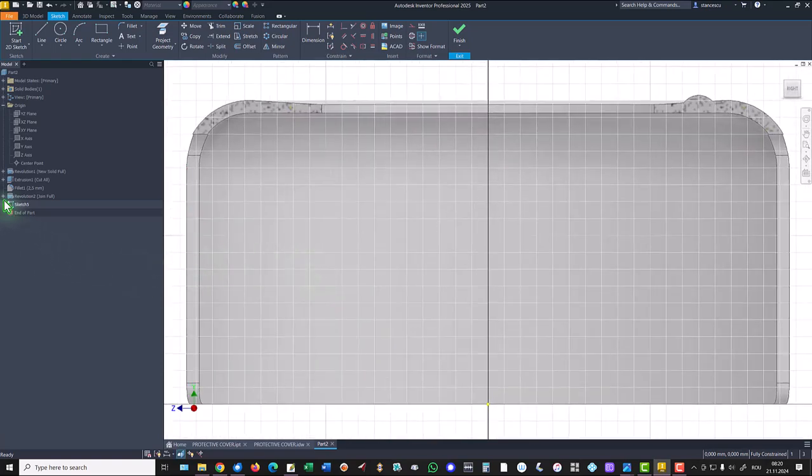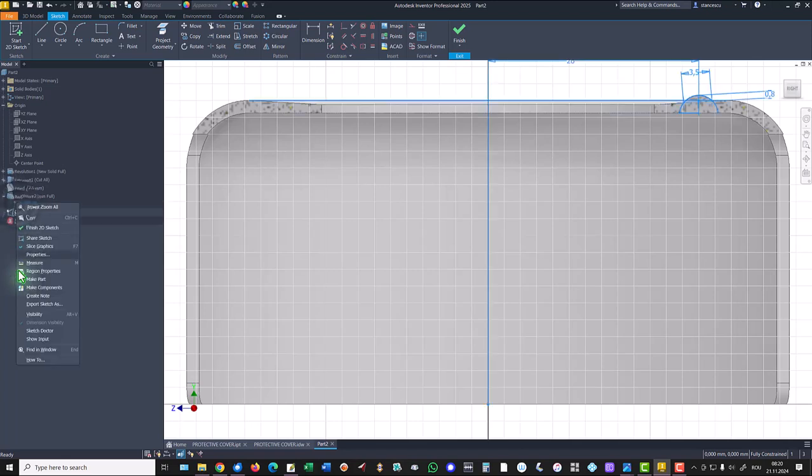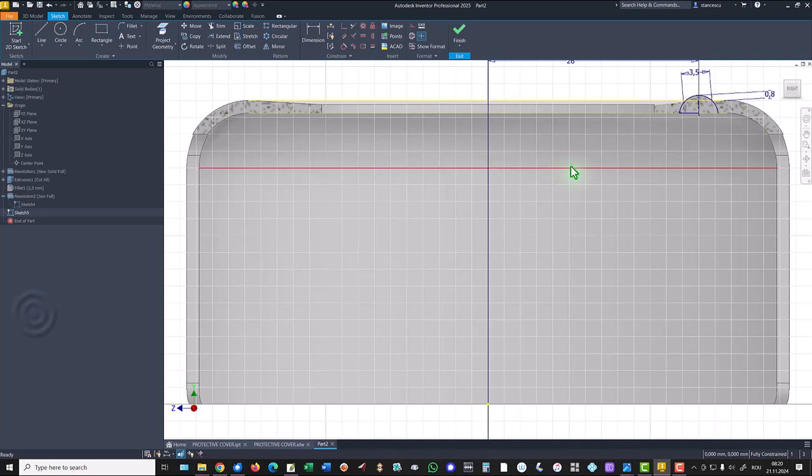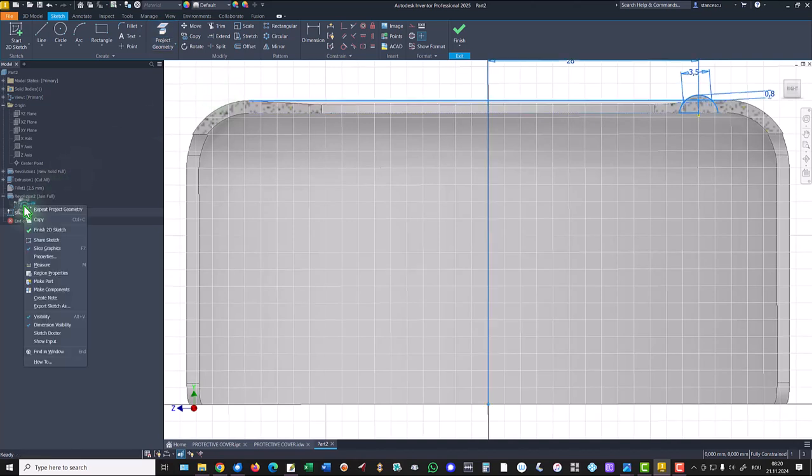We select the former sketch to make it visible, and we project this arc. Then we hide the sketch,